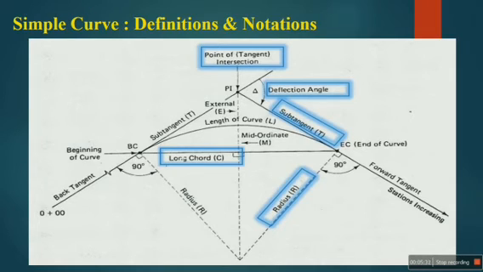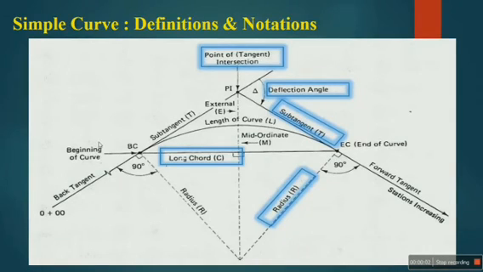Similarly, normal chord, a chord between two successive regular stations on a curve. And subchord: a subchord is any chord shorter than the normal chord. About the normal chord and subchord we will discuss later. But you must remember that the length of the normal chord will be equal to the length of the chain or tape. A subchord is the smaller chord. The length of the subchord is less than the normal chord.